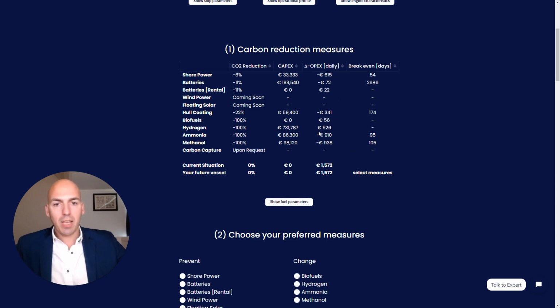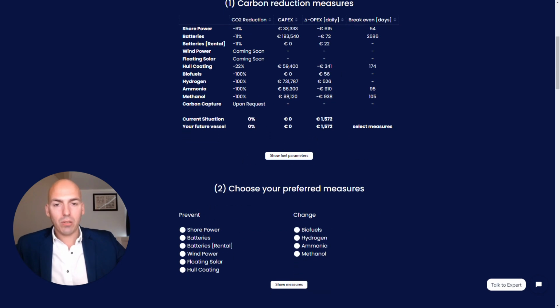Now we have our table complete, and we can choose two different types of measures. Prevent measures, which are measures to prevent the combustion of fuel. These, under the right circumstances, will mostly give you back or save some costs. And here we have the change fuel measures, and we have 4 types of fuel available. So we're going to go for